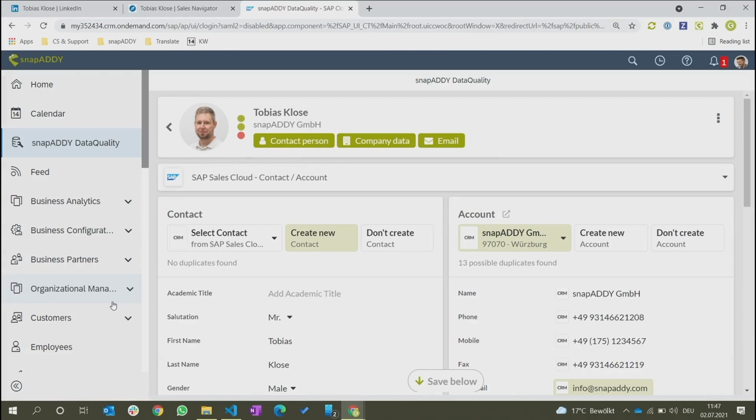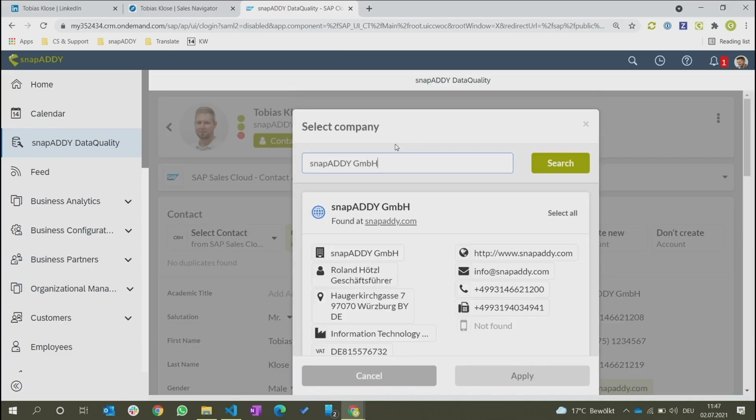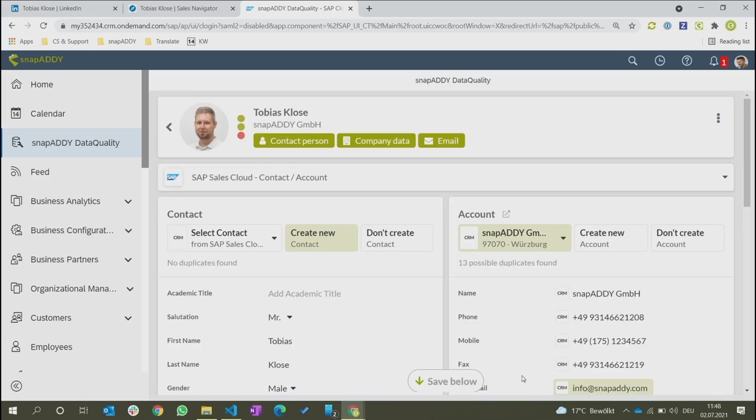and the contact data will be taken from the LinkedIn profile and added to the data quality solution directly within SAP. Now we can see from the duplicate check that the contact does not exist, but the account does. Now, using some of these buttons up here on the top, for example, company data, we can perhaps refine some of the information. For example, the industry, maybe the VAT number, maybe the address, in case any of this information has changed. We'll simply apply the three values, and we can see now that the information has also been added